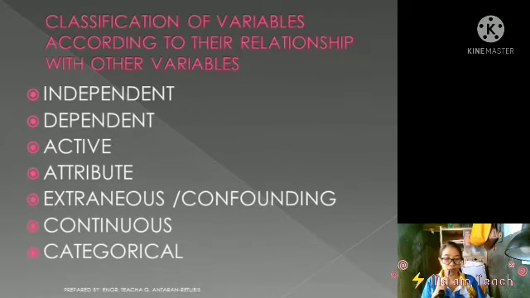Okay. Now, how about the extraneous, or the other term, by the way, is confounding, variable. From the term itself, extra, which means, class, that this is not part of, or not included in, your experiment, but it interferes with your result. Take note, it is not part, but it interferes. It could be that in your study, there are things that you don't expect that will affect your study. Let's say, for example, class,